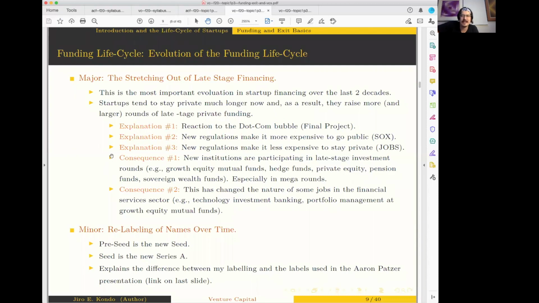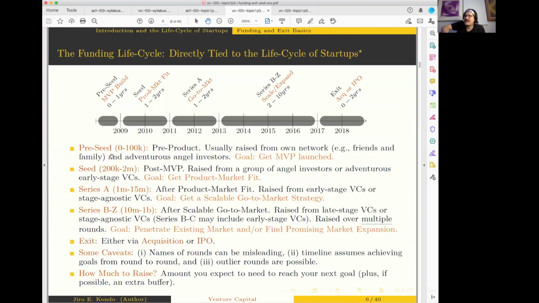Let's see, what do I want to say next? I want to talk a little bit about how this funding life cycle has been changing over time, because what I just described to you is the way it looks right now. But another thing that I think is important for you to have is an appreciation of history: this funding life cycle now looks super different than it did before the early 2000s. It's not just that the labels were different. Startups would raise much fewer funding rounds than they do now.